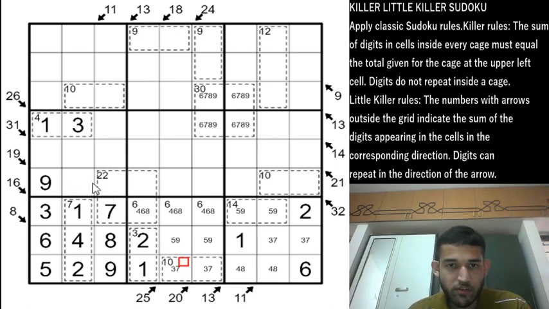The only possible way that can be done is if all these 3 cells take the maximum possible values. The maximum possible values in row 5 column 1 and row 6 column 2 are 7 and 8, which add up to 15, and row 9 column 5 the maximum value which is possible is 7, and 7 and 8 plus 7 add up to a 22, which will satisfy this 31 total. So we can go ahead and mark those. So this will be 7 8, this will be 7 8, and this has to be a 7.